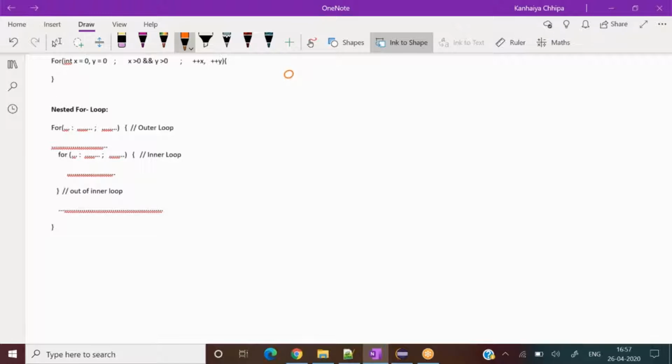Okay, and as we draw a diagram for our first part, my init part comes here. I write init here. Then comes my test part.